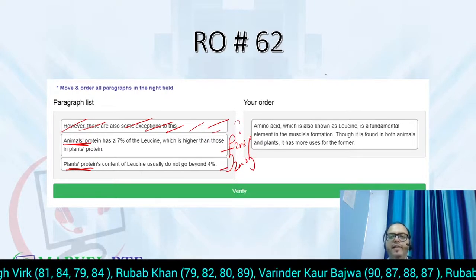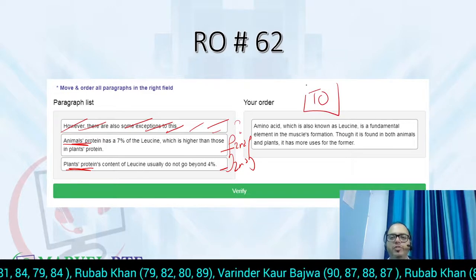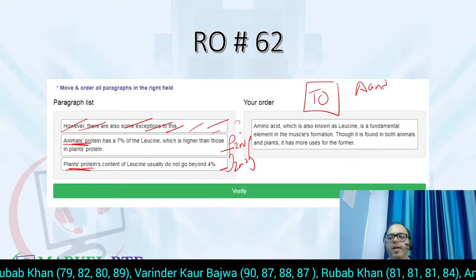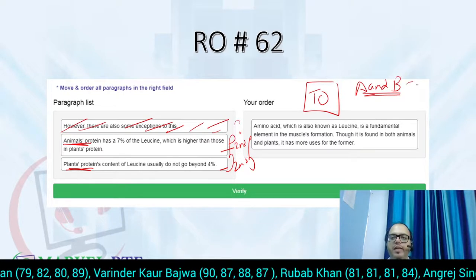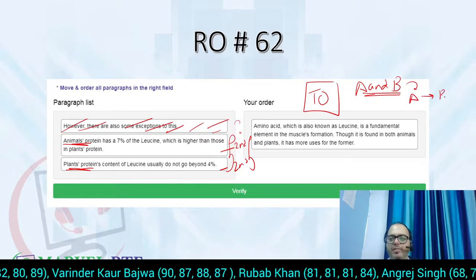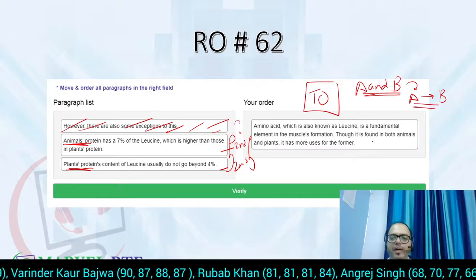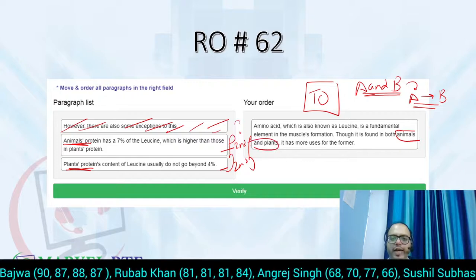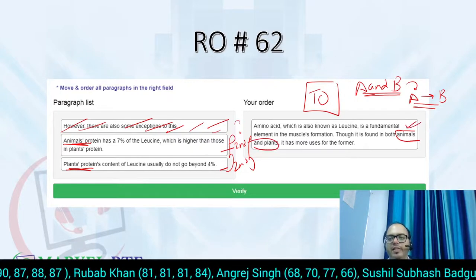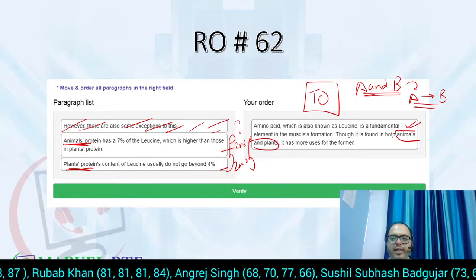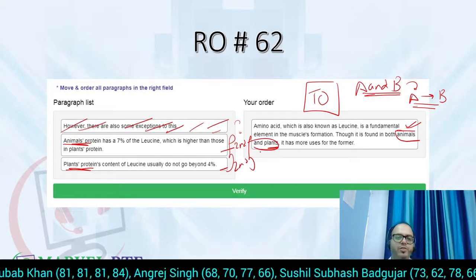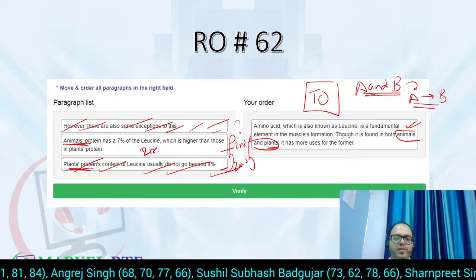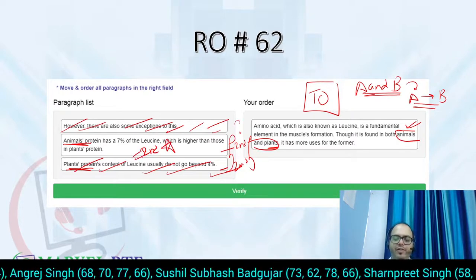And how to decide? Based on our TO strategy, topic order strategy, which says that अगर दो चीज़ों की बात हो रही है ए एंड बी की, सो पहले आप ए की बात करोगे, उसके बाद बी की बात करोगे। सो यहाँ पे आप देखिए किसकी बात हो रही है, यहाँ पे एनिमल्स की बात हो रही है एंड प्लांट्स की। सो पहले किसकी बात होगी, एनिमल्स की बात होगी एंड उसके बाद प्लांट्स की बात होगी। सो सेकेंड लाइन कौन सी बनेगी आपकी, एनिमल्स वाली। दिस इज गोइंग टू बी आवर सेकेंड लाइन, ओके।